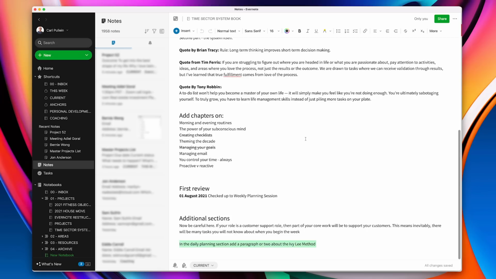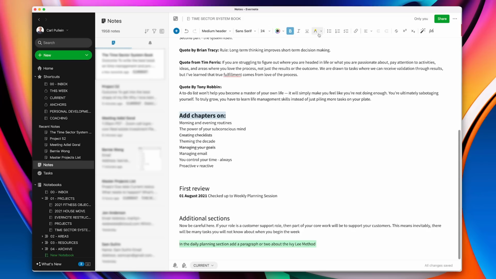I don't need to keep this part here clean and tidy, because really this is a section that I'm looking at most frequently, and I can make this bold if I want. I can highlight this if I want to. I can do that, and I can make it even bigger. So this is an area that I really want to be working on,